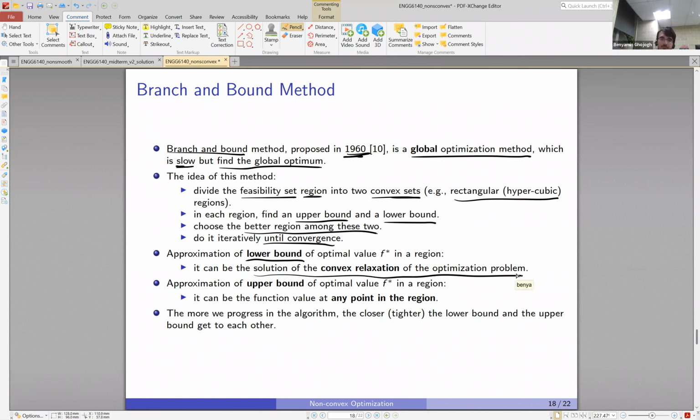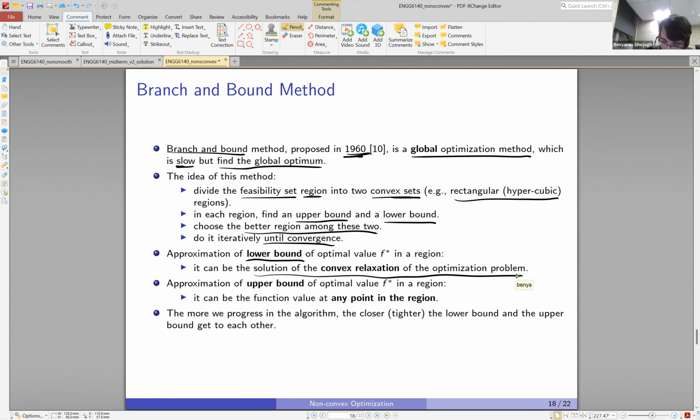Because we know that the solution to the problem, which may be non-convex, is worse than the solution to the convex relaxation of that optimization problem. So in other words, when you have a non-convex optimization problem, when you relax it to be convex, your solution, for example, if it is minimization, will be better, will be less than f